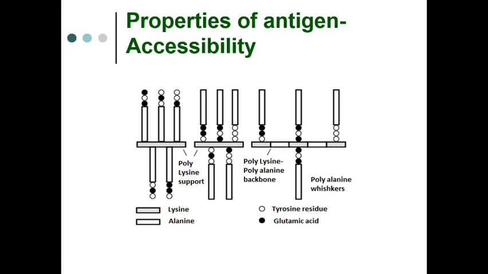So therefore, what they did to the same molecule, they modified a little bit by introducing in the side chain linkage the immunodominant groups like tyrosine and glutamic acid. The dark circles represent the glutamic acid and the light circles represent tyrosine. By introducing these side chain linkages on the whiskers, the polyalanine side chain,